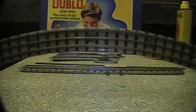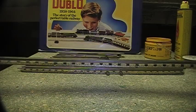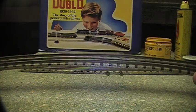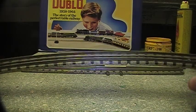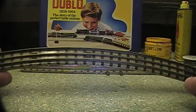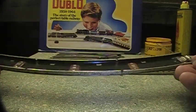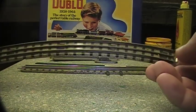and inspection. Now this is a piece of track that is probably like this when you buy it. They're already about 50 years old. Now the best way to clean it is to just put it in a bowl of warm soapy water and use a nail brush and give it a good scrubbing all over. Then after it's dried off, you can